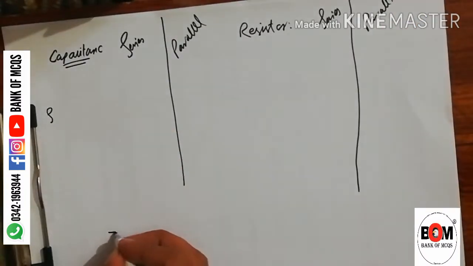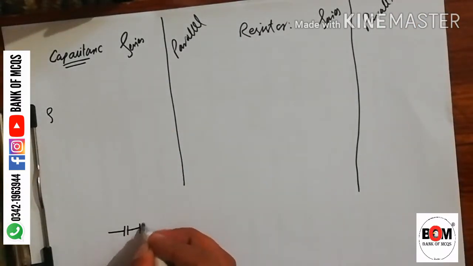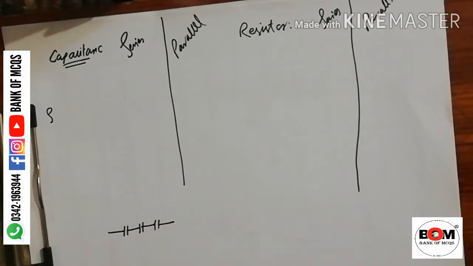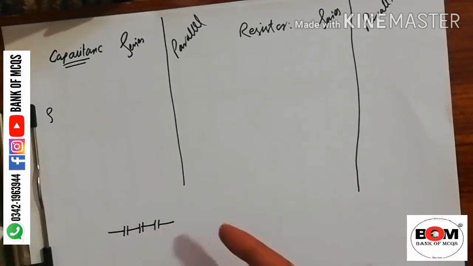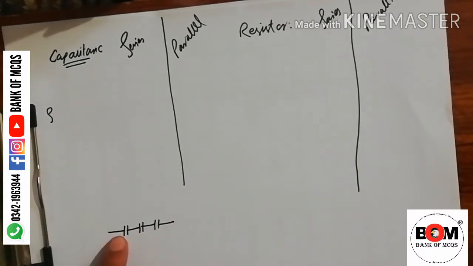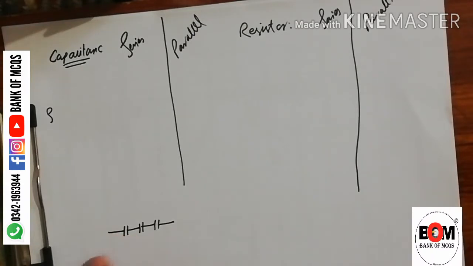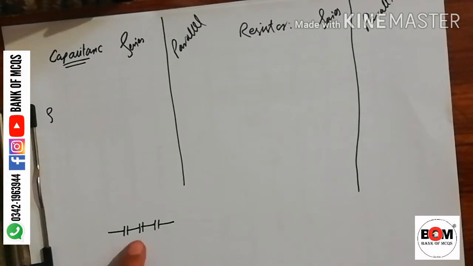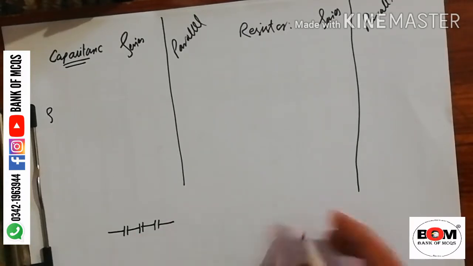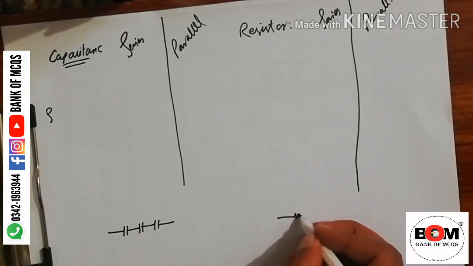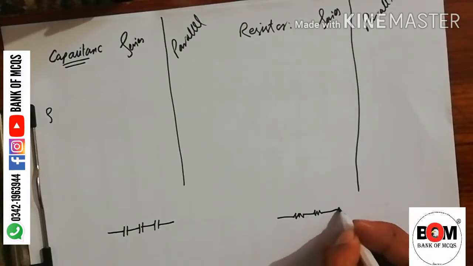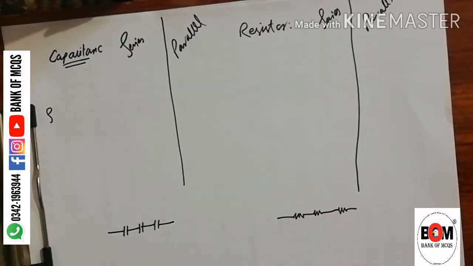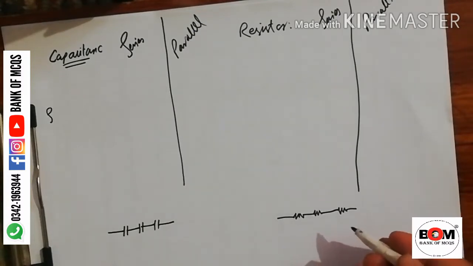Series means connecting one to another in the same series. We call it series, connecting one plate to the next plate and so on. So these are capacitors connected in series. Now to connect resistances in series, suppose we have 3 resistances, it can be 2, 3, 4, 5, 6 and so on. I took the example of 3.